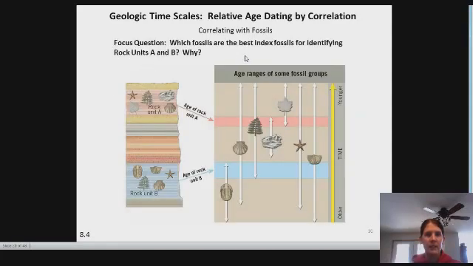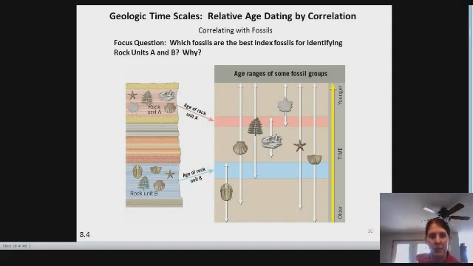So here is an example of using fossils for identifying rock units. If we wanted to use an index fossil for identifying rock units A and B, what would we use? So here is an actual drawing of the cross-section. And here's just giving you an age range of the fossil groups that are found. So if you look in rock unit B, we have a trilobite, which existed first 40% of the time in our scale. We have this type of shell, which existed for about 90% of geologic time. Our fern assemblage, which is about the younger 60%. Our starfish, and this other shell, which existed for